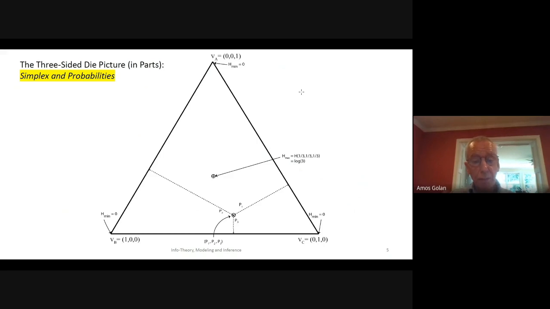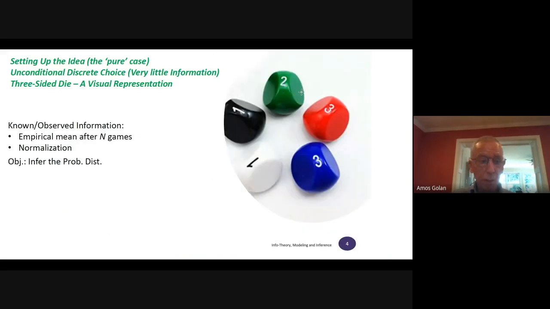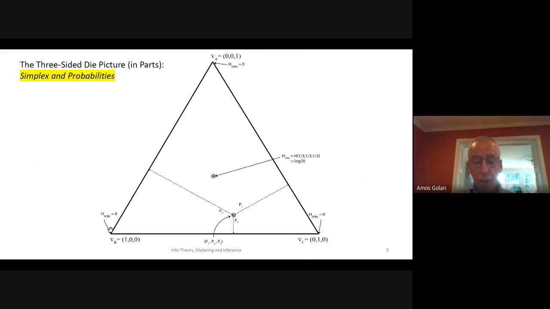So everything has to happen within the simplex in this problem, because remember, we had 2 pieces of information that we observed. One is the normalization, which is what we talked about. Outside this simplex, the probabilities don't sum up to 1, so nothing can happen outside this simplex. Now we have a definition of the simplex. Economists are generally familiar with the idea of the simplex because prices are normalized and can always be put within a simplex. But this is just a 3-dimensional simplex for the probability distribution.